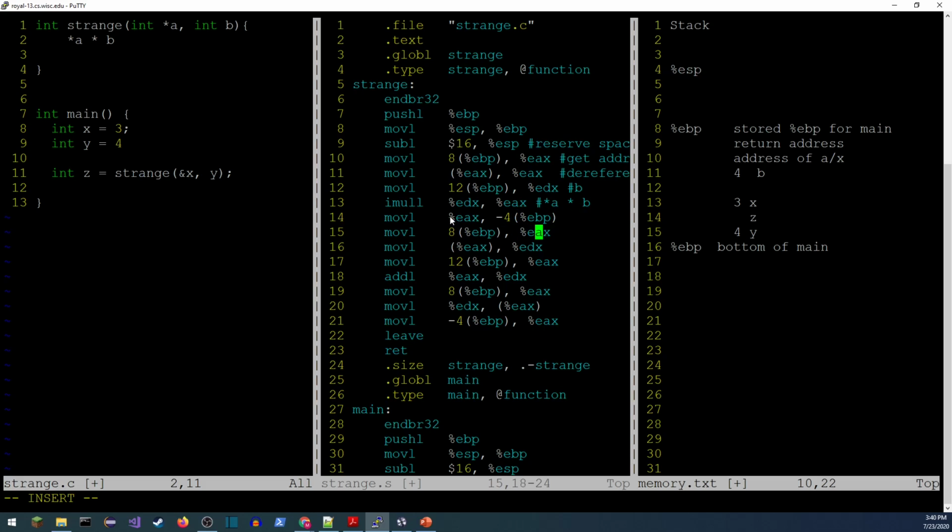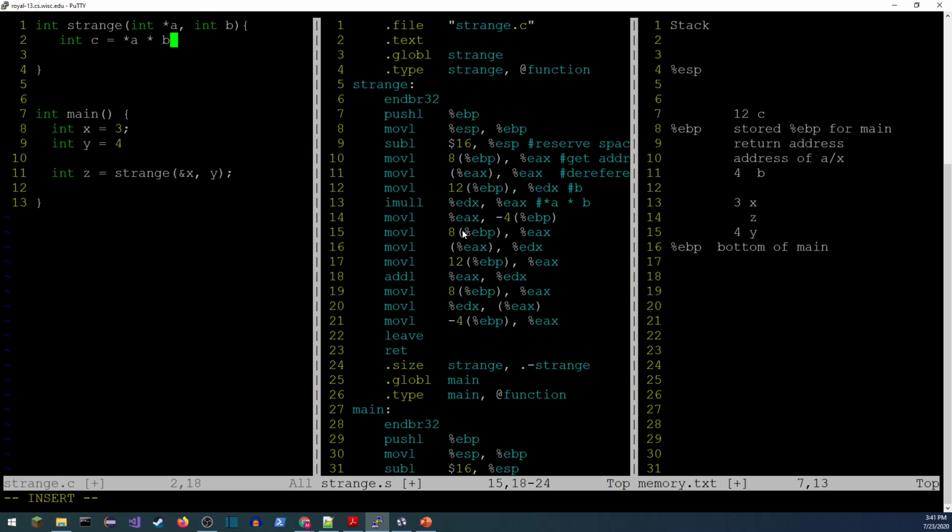So the next thing, we're going to move EAX into -4 from the base pointer. Right here, this is the local variable we've stored. In this case, we've got a new variable. It's going to be an integer. We're storing, let's just call it C. Let's see, what are my numbers here? I've got 3 times 4, so that's going to be storing a 12. We'll call that C. So this is going to be int C is equal to that computation. All right, looks good.